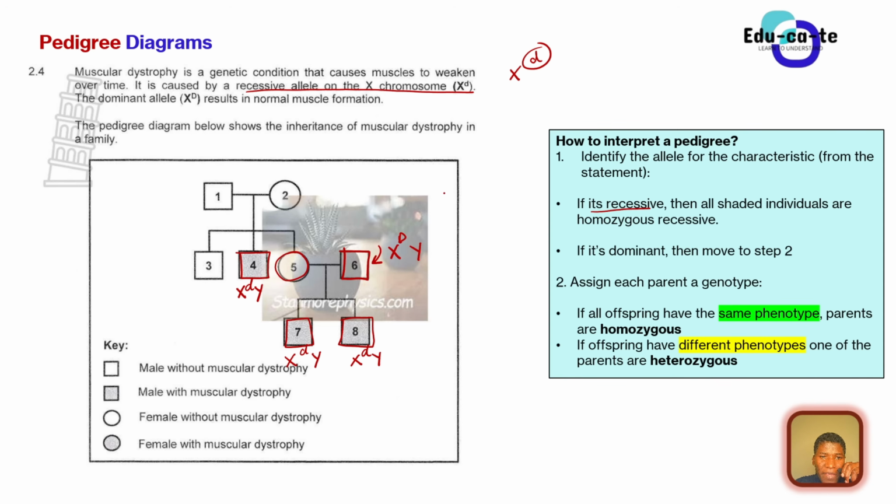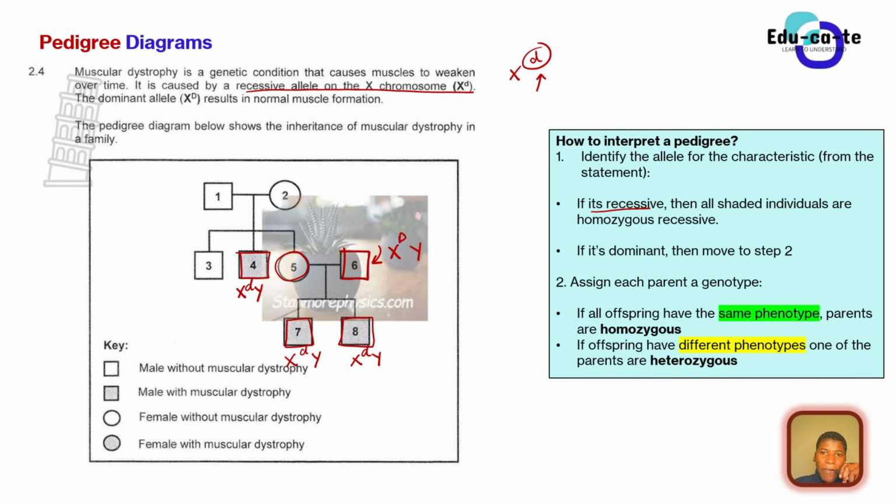All right, remember that I've said that if the small letter d represents an allele that has got a condition, then the capital letter D will do the opposite. It will show that this person doesn't have the condition. Don't just write XY if it's a sex-linked inheritance. You have to write X with either a small letter d or a capital letter D. A small letter d describes someone that has muscular dystrophy, and a capital letter D represents someone that is normal. Please, grade 12, get this into your heads.